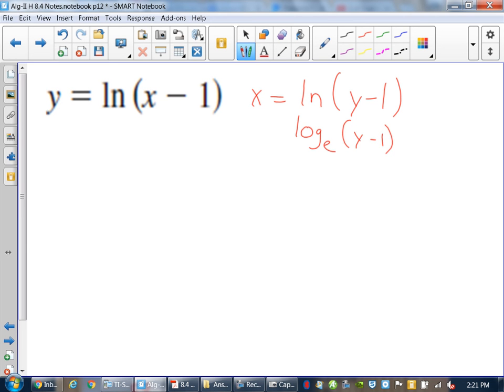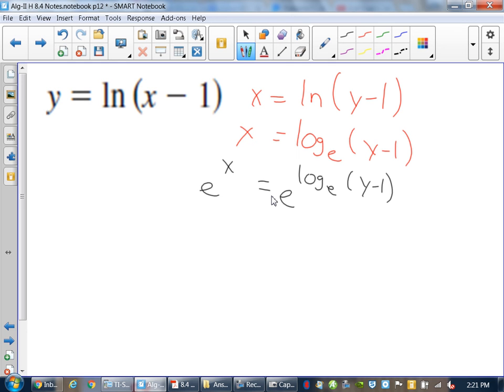So you need to be able to undo a natural log. Natural log is log base e. To undo a log base, you do what's called exponentiate. I don't know if that's a real word, but it sounds good. I'm going to write this out long form again. So we said that this is log base e of y minus 1. If I rewrite this as e to the log base e of y minus 1,